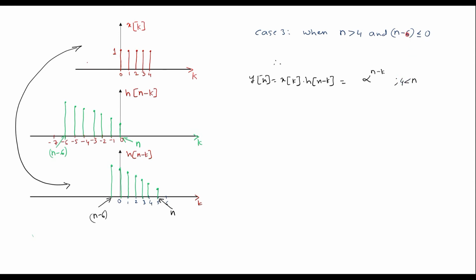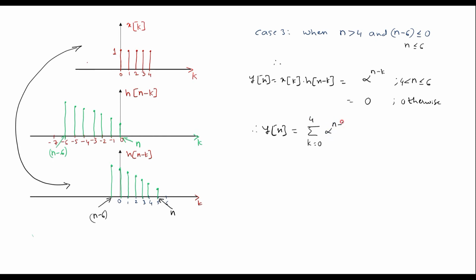Here n minus 6 less than or equal to 6 means n is less than or equal to 6, and its value is 0 otherwise. So now therefore I can write y of n is equal to k is equal to 0 to 4